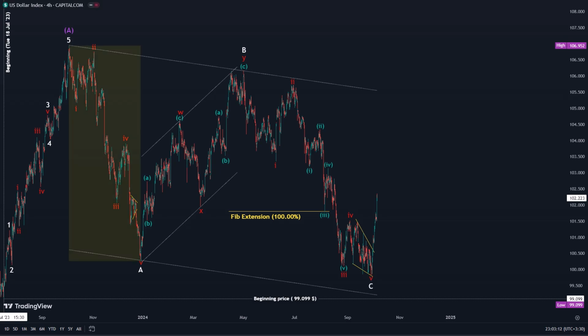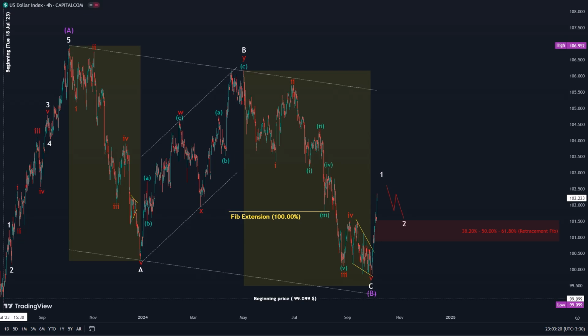wave C, which is almost equal to wave A, was followed by a price action in the bullish market. A pullback may now be formed, which could be any kind of correction pattern. It should not go beyond the beginning of this price action and should end within the mentioned range. After that, the price is expected to see growth towards the first and second specified targets.